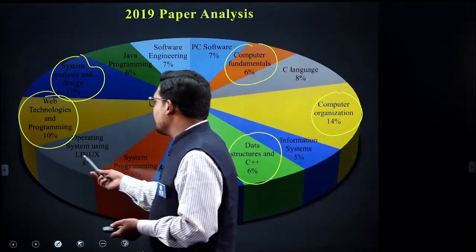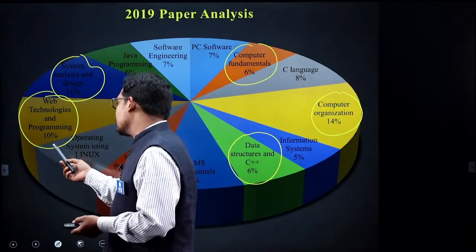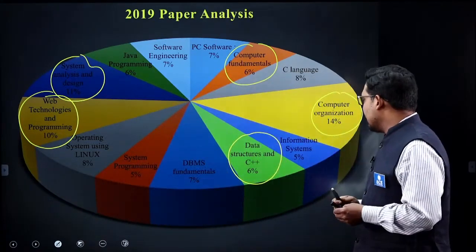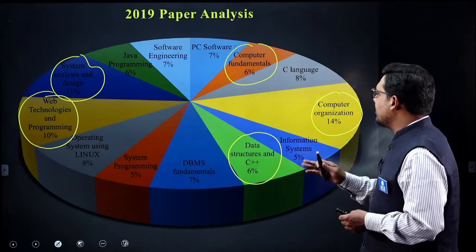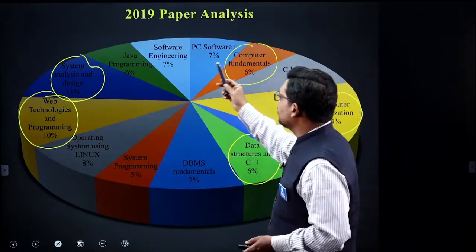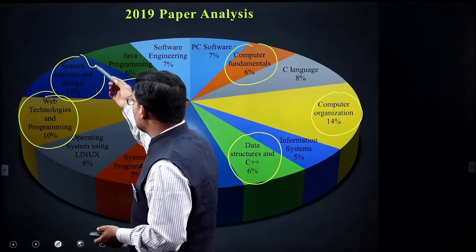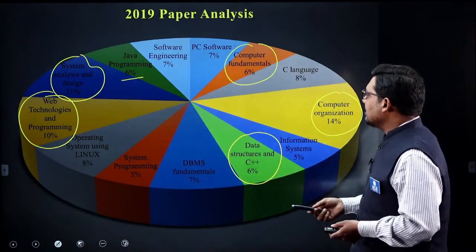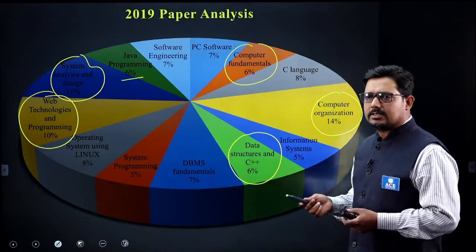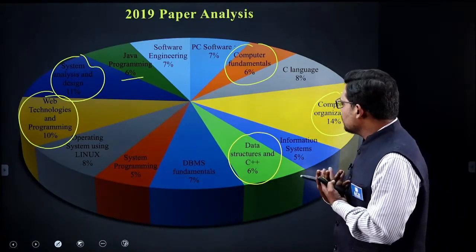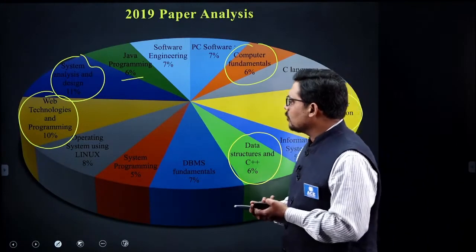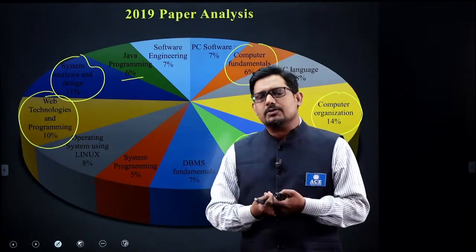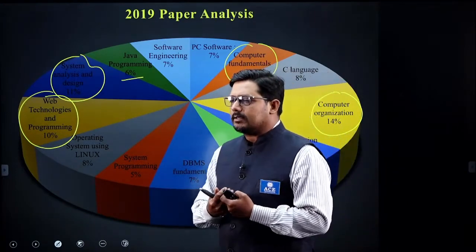Maybe in some cases there can be some marks more from a particular topic, but every topic has more or less been touched and covered with the same amount. You can see there 8%, 6%, 7%. So more or less the same weightage. Maybe one or two topics may come with more questions, but there is no pattern here from which we can conclude that a particular topic has larger weightage compared to another topic. So everything is important.